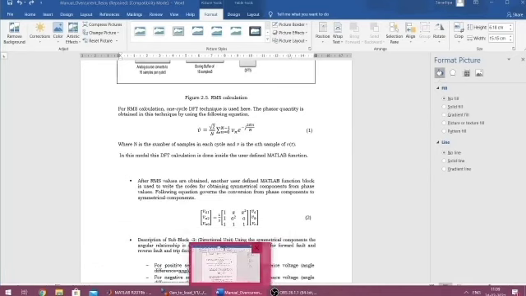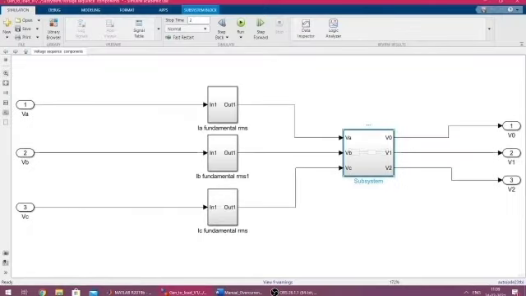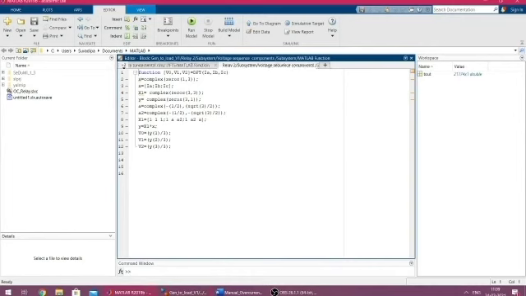This we have defined in another MATLAB user defined function. First of all, we have defined the alpha operator, then the alpha square operator, and here we have defined the transformation matrix, and finally we multiplied the 1 upon 3 multiplying factor to get the individual sequence components, that is zero sequence components, positive sequence components and negative sequence components.